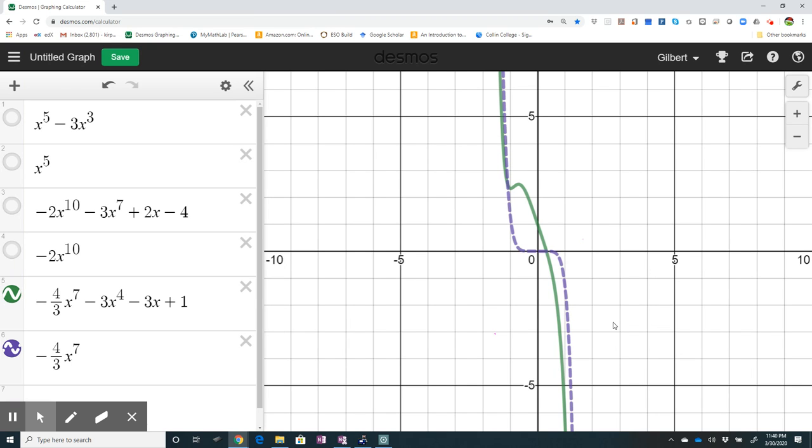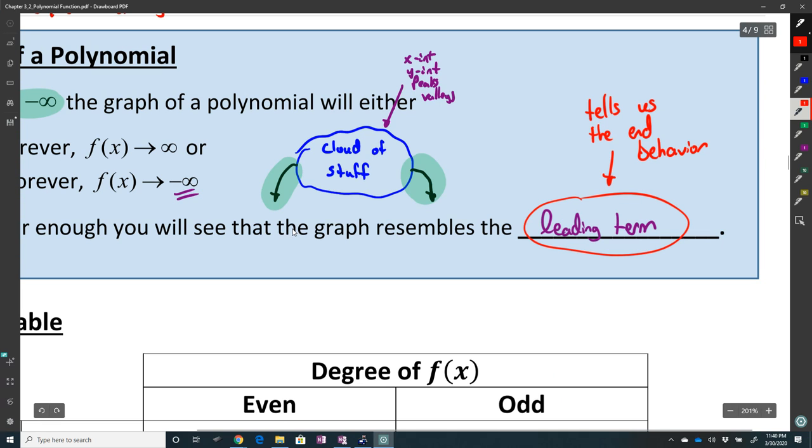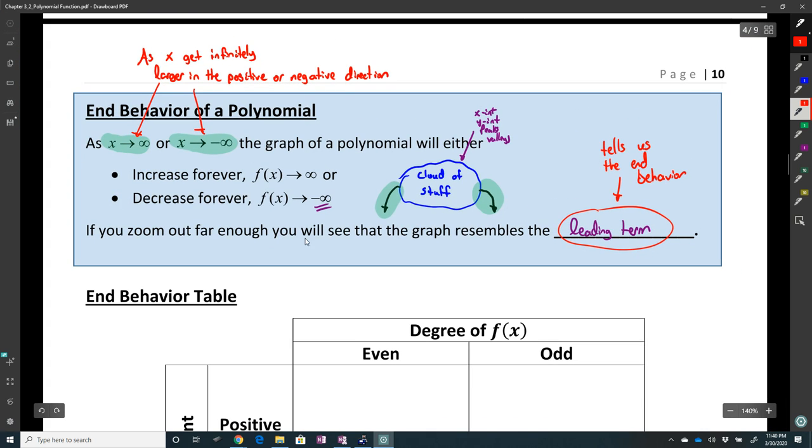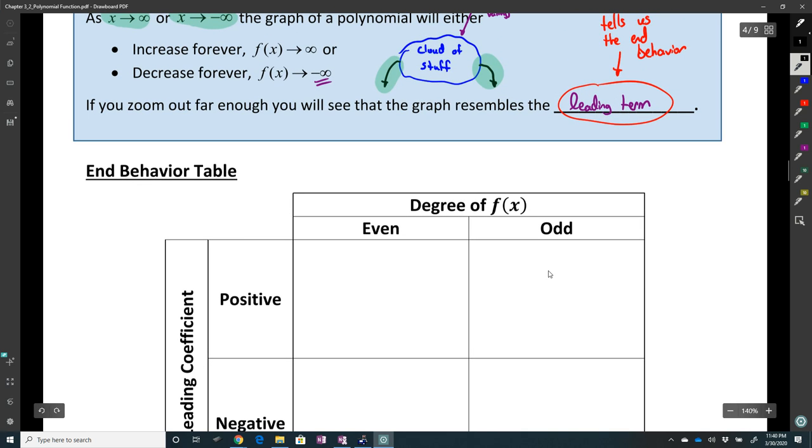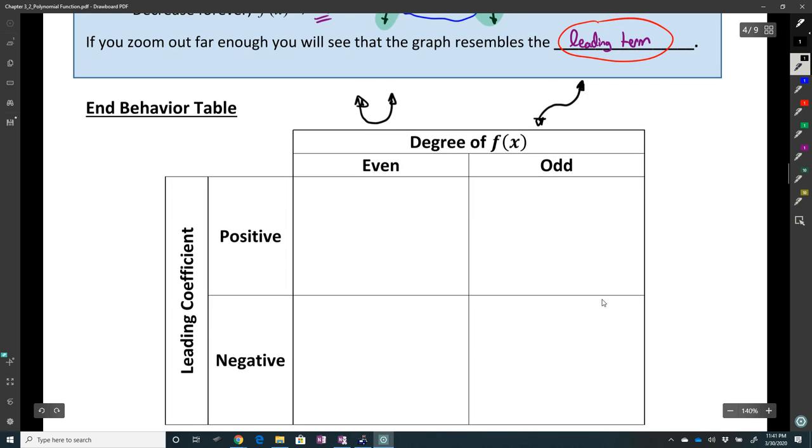Okay? So that's a general rule for polynomials, that as you zoom out, the graph begins to resemble the leading term. And as far as leading terms go, there's only 4 different outcomes that can happen. So remember, the degree, if it's even, it's going to look like a parabola. If it's odd, it's going to look like a cubic. So if it's positive,